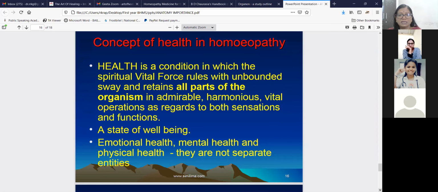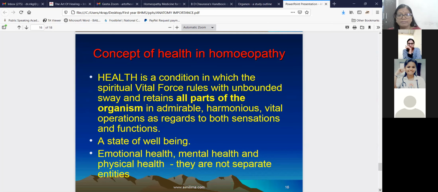Now coming to health, okay, the concept of health in homeopathy. So what is health? When you study medicine, you should know what is health according to the medical terms as well as according to our homeopathic concept. Okay. Health as such is a condition in which the spiritual vital force rules with unbounded sway and retains all the parts of the organism in admirable, harmonious, vital operations as regards both